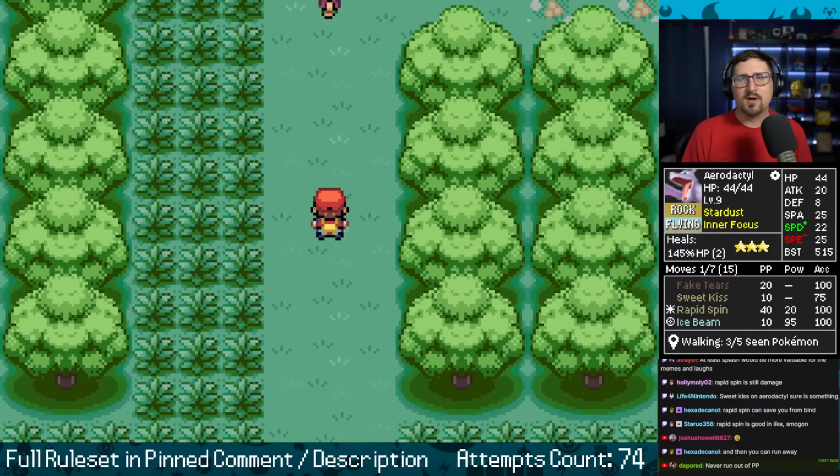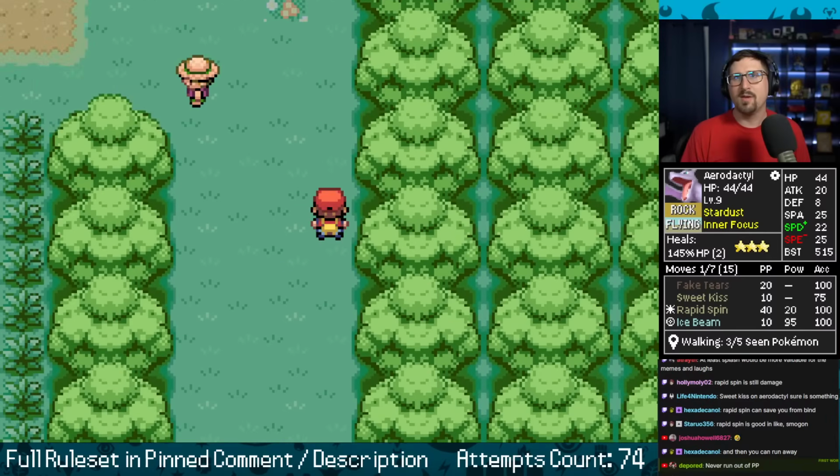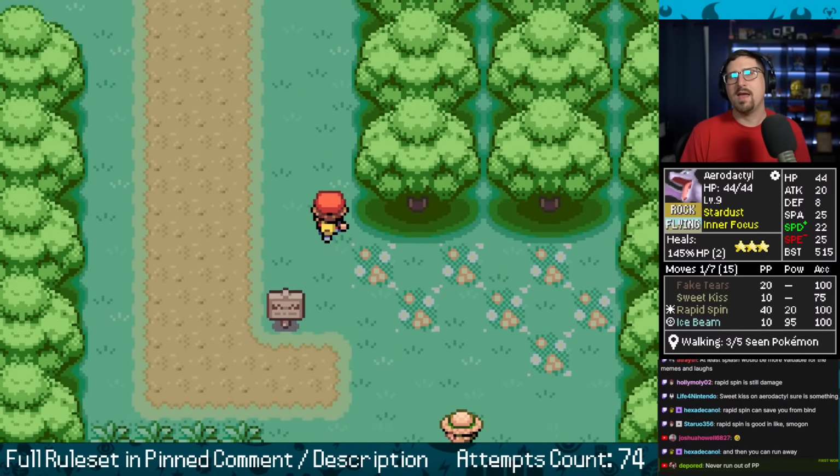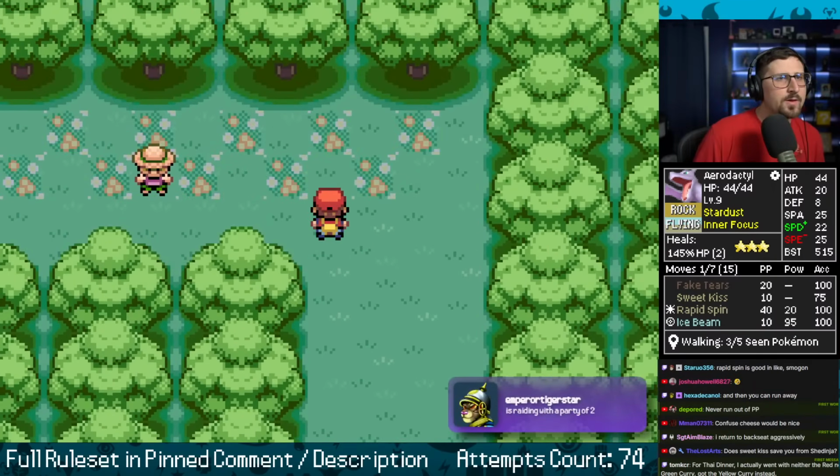There are a lot of Pokemon that are weak to Ice Beam, so we have that going for us, but it's an uphill battle. We do have a lot of heals, too. And Fake Tears could get through something that really resists Ice Beam. We'll see.